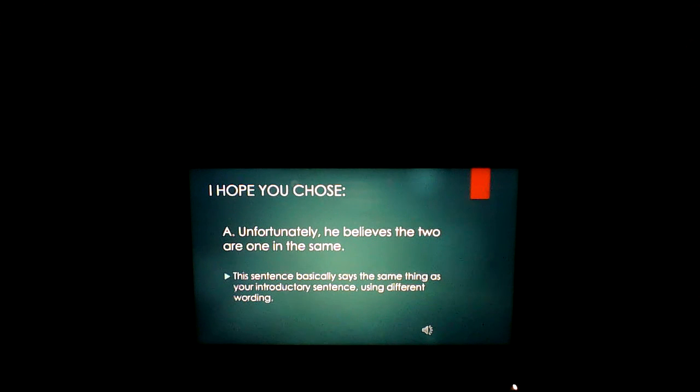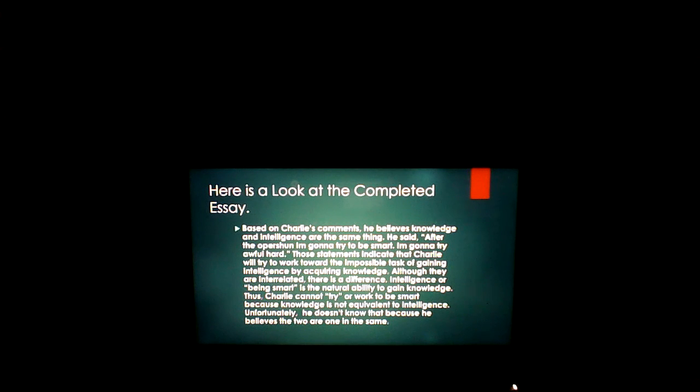And now it's your turn. It's your turn to write your closing sentence. Make sure that your sentence restates your opinion. It must restate your opinion. Just use different words. Let's take one last look at our essay before you do that. Let's take one last look and see how it looks all together.